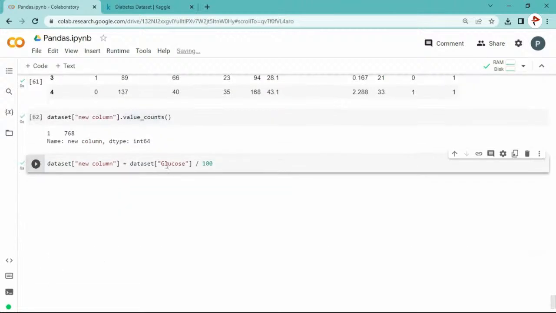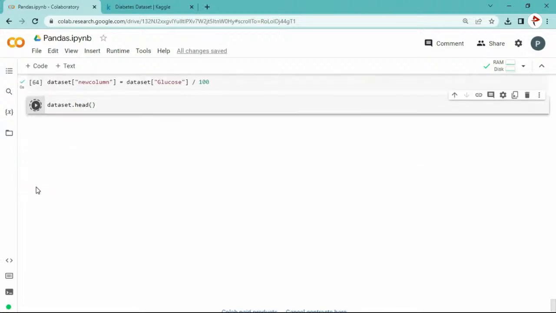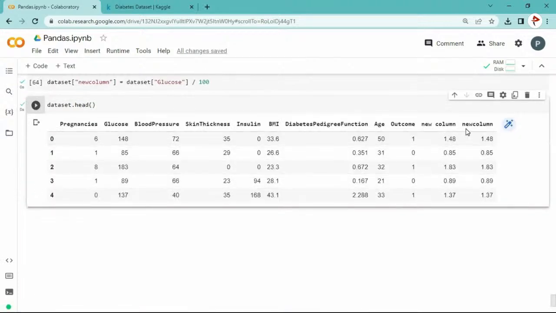So this column divided by 100 is stored in the new column now. We'll change this and run this. So this will create another column, without gap. Dot head. Can you see, the without gap column now holds the value divided by 100. And see here, this 148 divided by 100 is 1.48. So you can just copy and